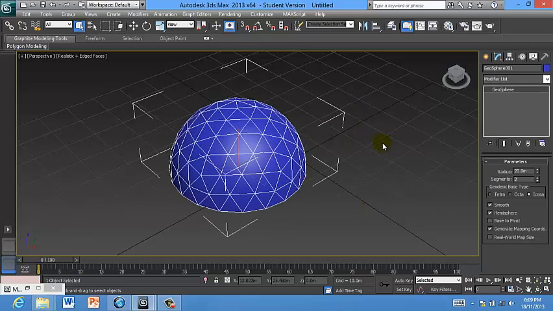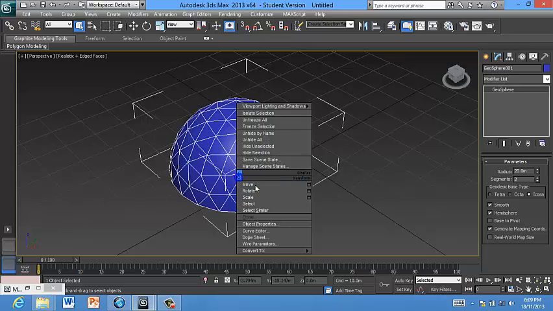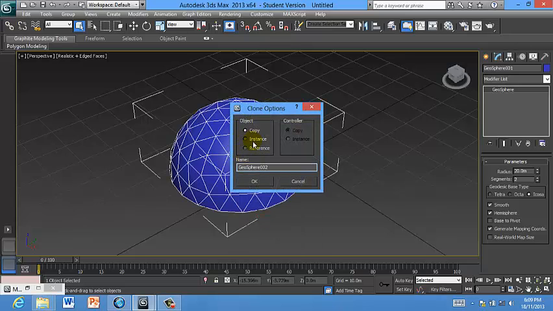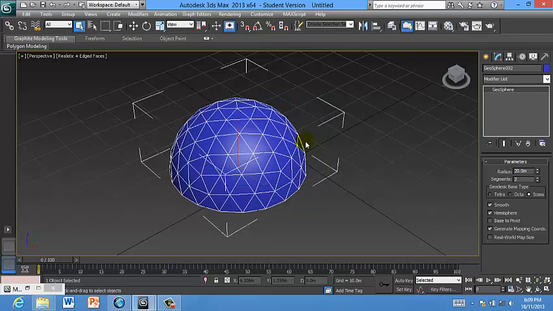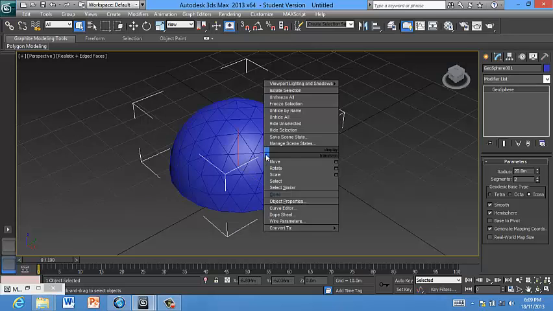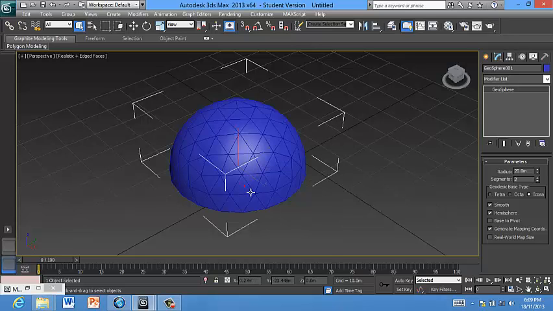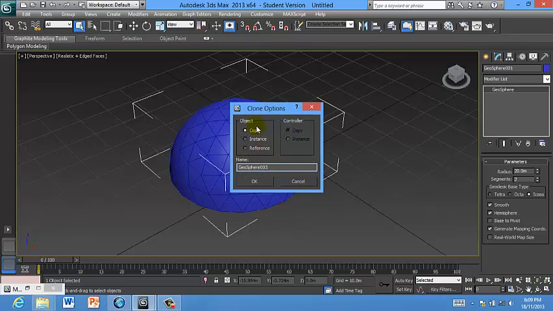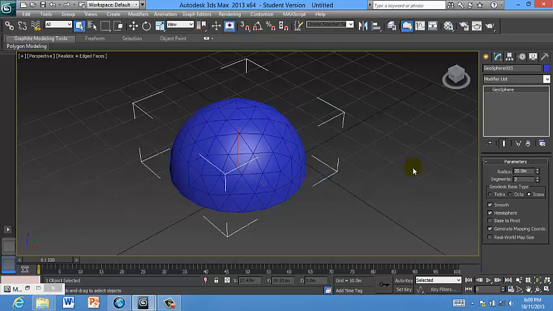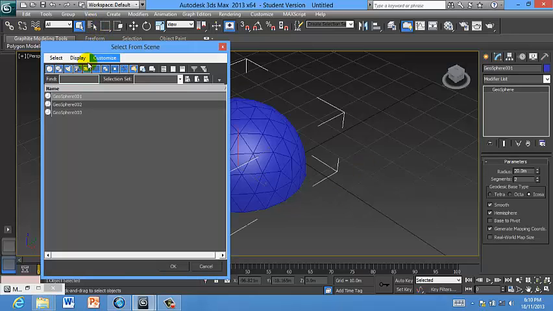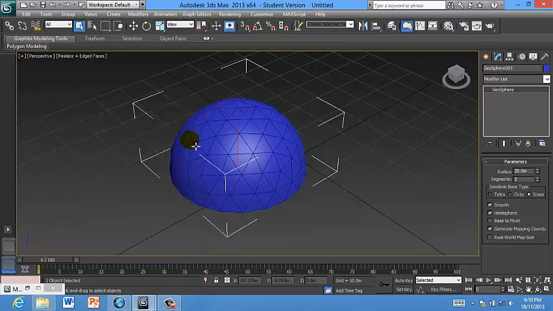So now we are going to create 2 copies of this geosphere just in the same place of this one. So here is the clone options and we click OK. So the first copy is in the same place, and then right button again, clone again, and the third geosphere is copied here. So now to select the first copy we can go to the selection list, geosphere 1, OK,